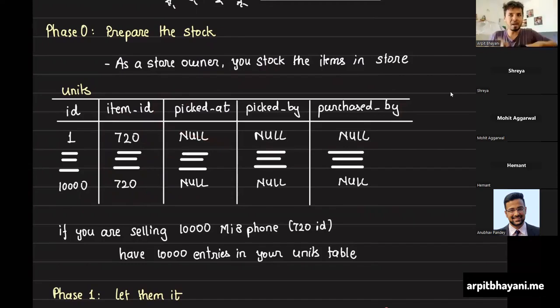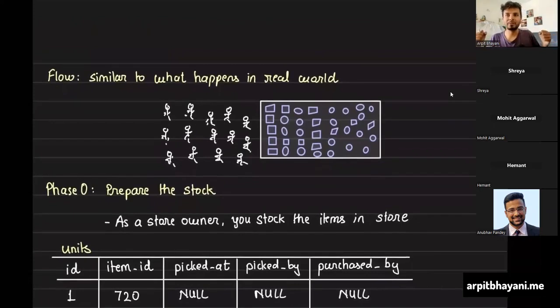Okay. People lined up in front of the store. People visited the website. I'm drawing parallels. Now what would happen? The shop owner will open the door. As soon as the shop owner opens the door, what would happen? People would rush in through the door, the small tiny door, the rate limiter. People are rushing into the store, trying to grab the item.